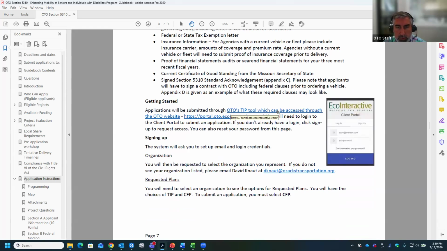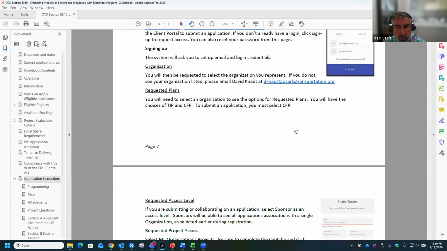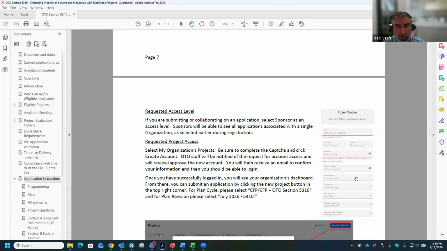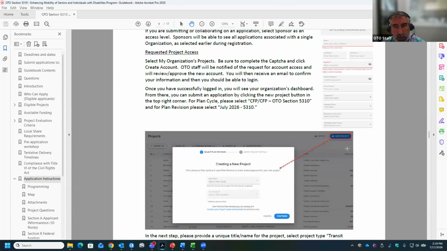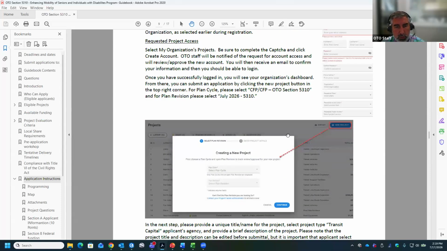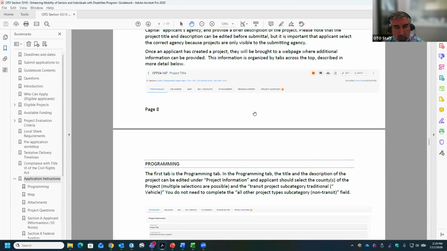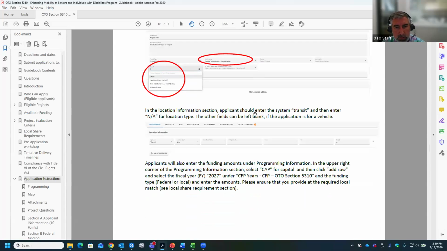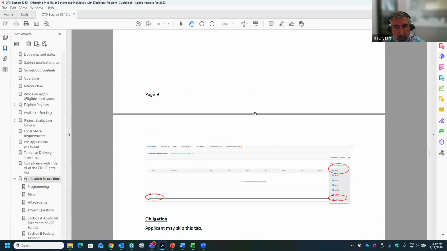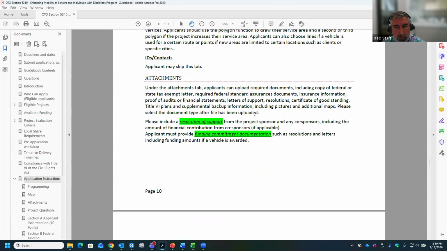I saw already two people went through and created an account. So there's a quick description on how to get access to our portal. There's some basic information, and if you don't have an organization, please reach out to me and I'll add you, and then you can create your personal account and request access. I'll go over it quick in the application in a moment, but there's a couple screenshots showing how to start it and where to do what. I will skip that a little bit because I'm going to go through that in a moment.